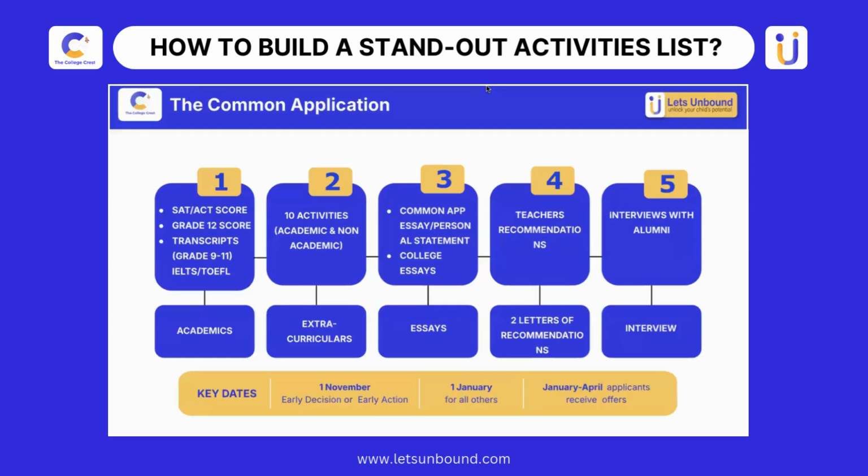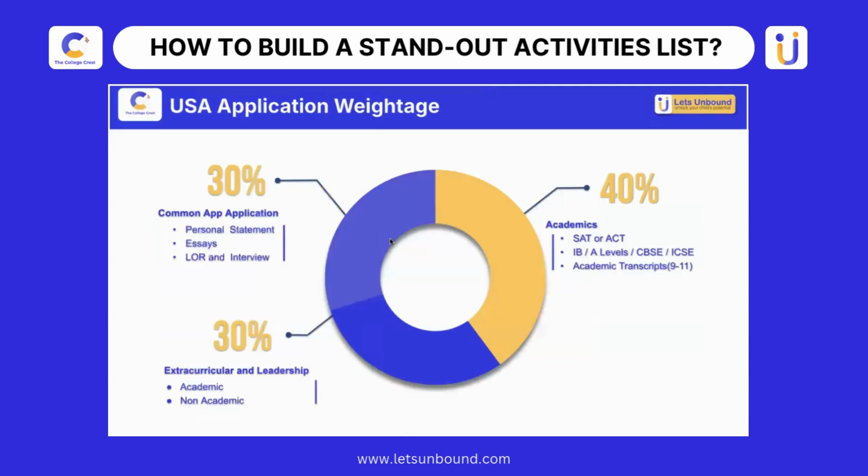Now, moving back to the US application, looking at it from the admissions point of view, this is just to give weightages to the different aspects of the application itself. Academics hold 40%, while the extracurriculars and the 10 activities, the topic of today's session, will account for 30% of this whole process. The next 30% is your personal statement, the essays and the letters of recommendation. So if today's activities list is just 10 entries that you need to write, it's a very heavily weighted component, and that's the prime reason we have decided to treat this completely as a session on